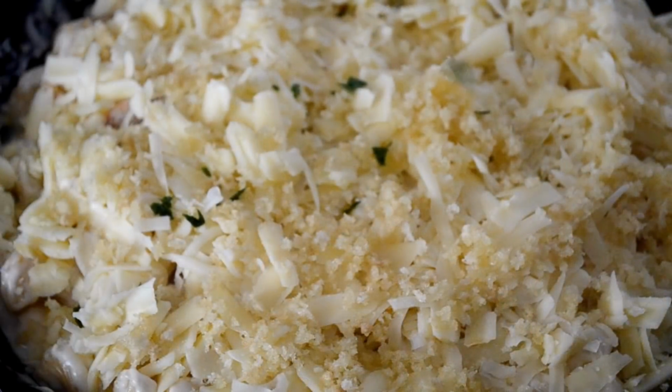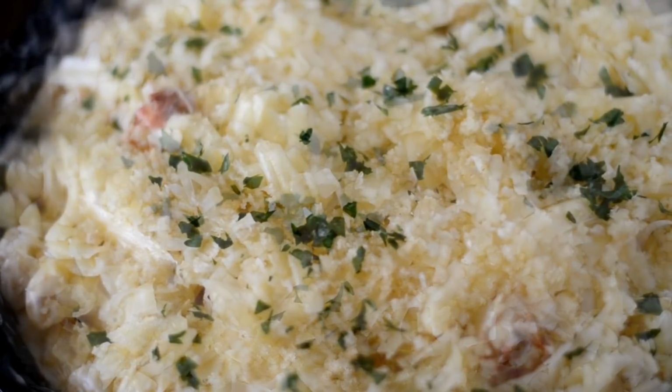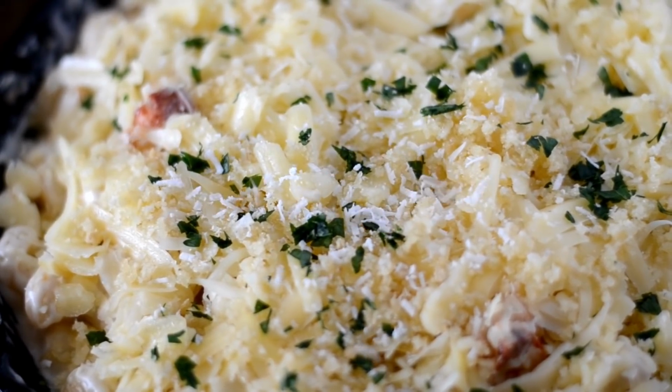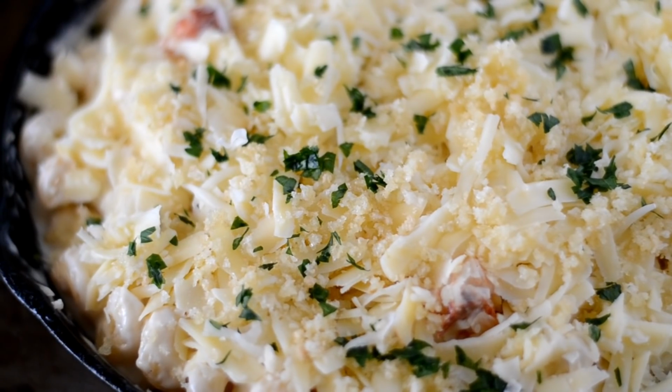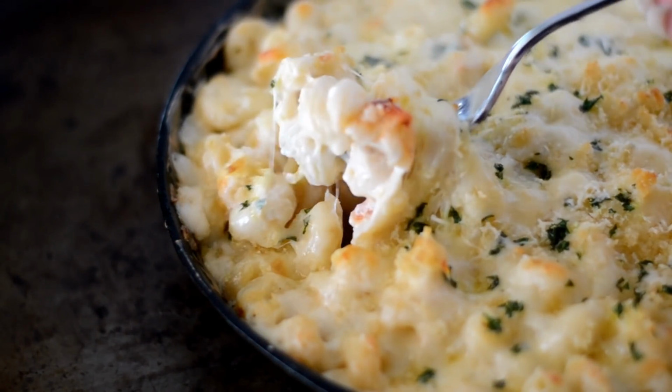Of course, I gotta add a little fresh parsley on top to make it look a little fancy. And lastly, y'all, this is it. We're going to shred some fresh Parmesan on top. Then put it in a 375-degree oven for 15 to 20 minutes, and cookies, you will have this super bomb